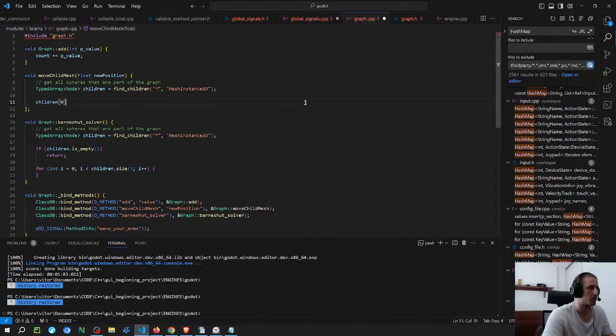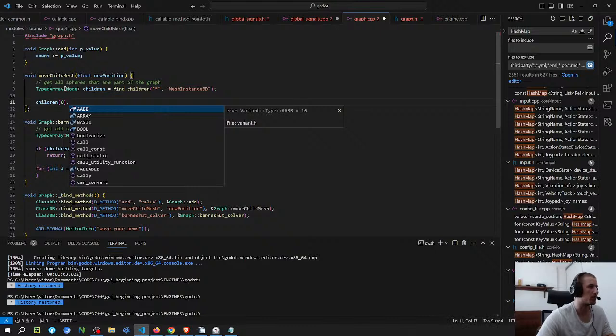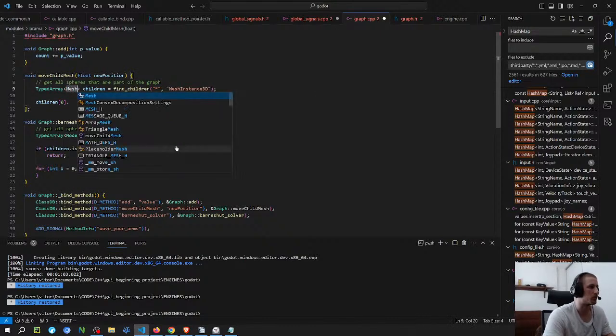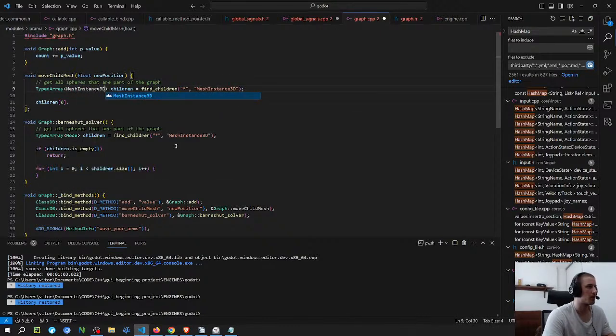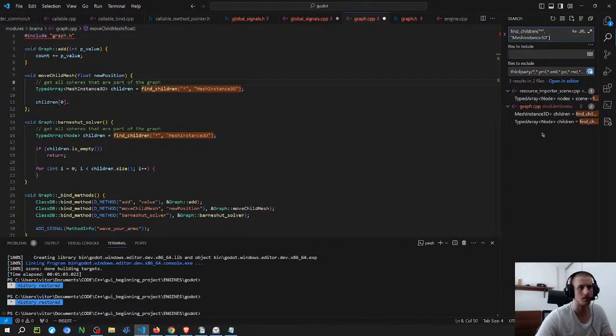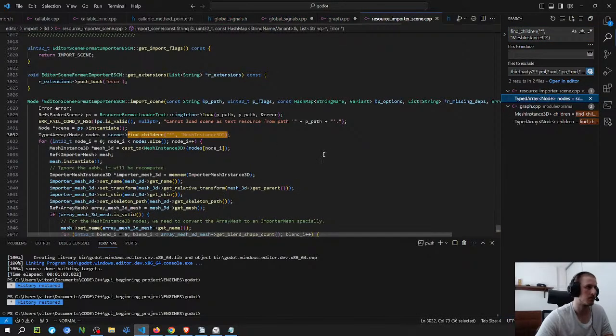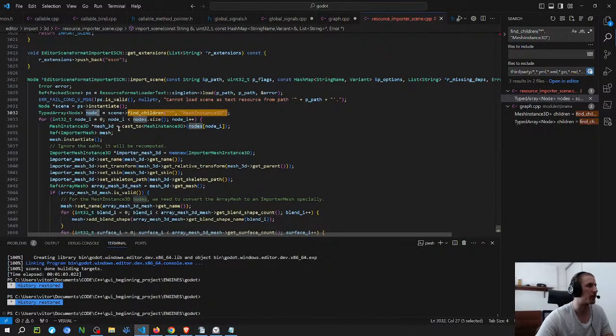But I wonder, because this is going to have the type, so I was thinking about doing the mesh instance 3D here. Okay, I guess I can just test to see what happens. Because I think that is the type of this function, so it's probably better to just leave node. But yeah, it's node here. Also, it casts through a mesh. Interesting.